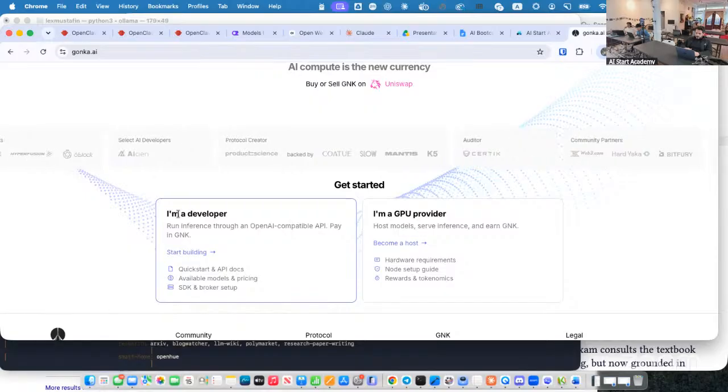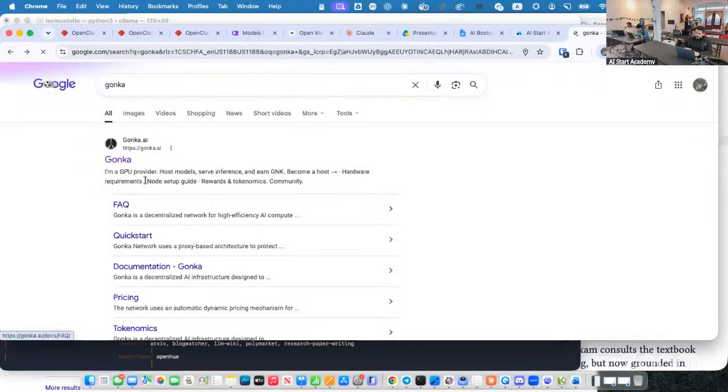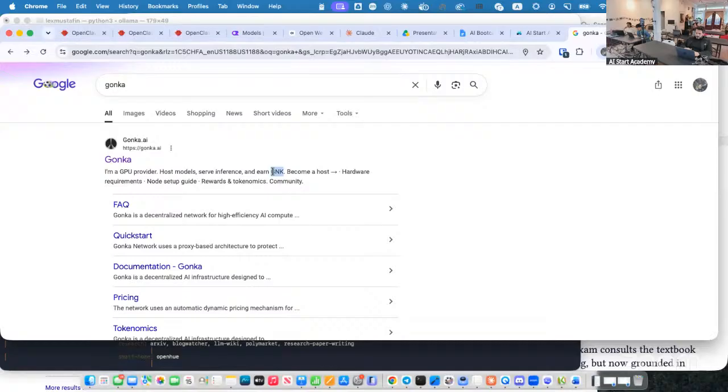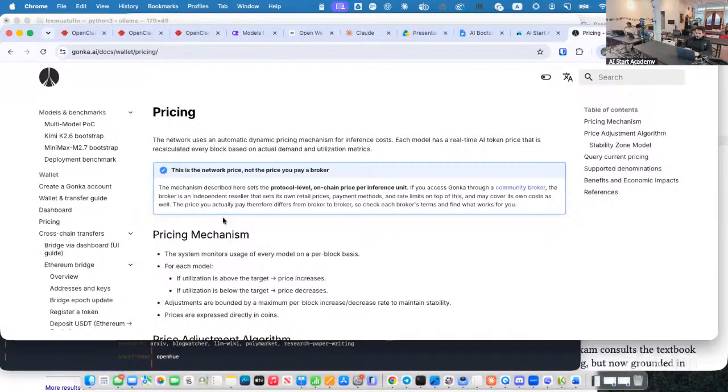And this service, for example, Gonka AI, it's a GPU provider where you can host models, serve inference, and earn in the coin of Gonka, which is Bitcoin connected. So anyone can become a host there based on their hardware requirements. And then it's similar to the Bitcoin infrastructure, where your request, instead of, for example, Qwen or OpenRouter, ChatGPT, or any of those commercial models that are hosted within one's organization data centers, Gonka is a distributed model